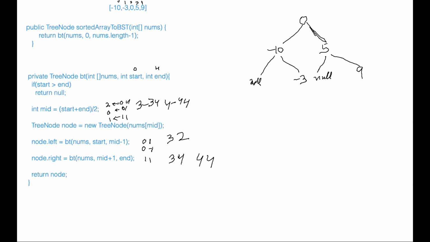For this implementation, I see the -3 is on the right side and 9 is also on the right side, right? Yes. There is a way we can construct both of these to be on the left side, because most of the time the balanced tree should have more on the left than the right. Even in the given input it is like that.